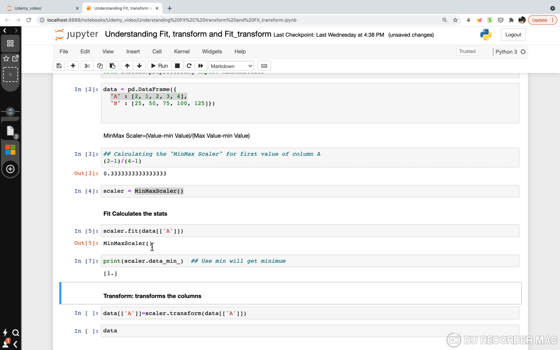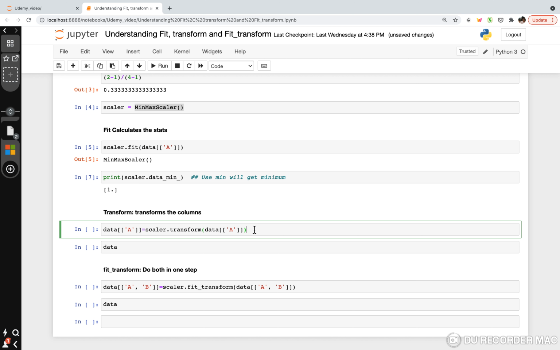So fit calculated the minimum and maximum of the column, and then when we do the transform, it uses this fit to calculate the value of each of the values of the column. It does the scaling.